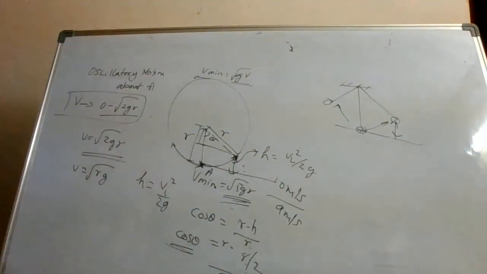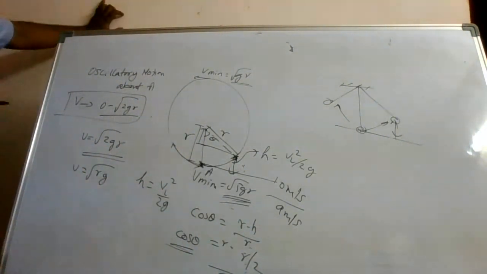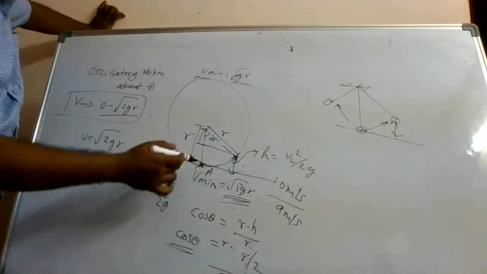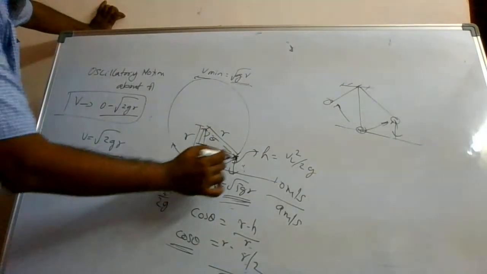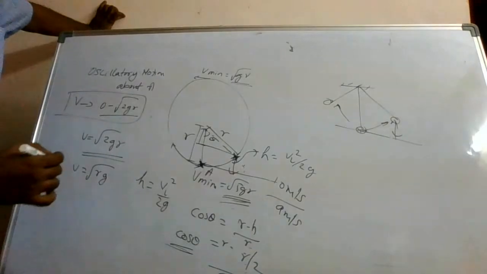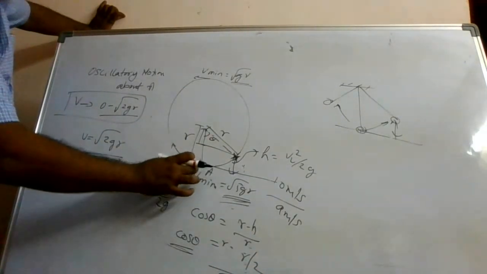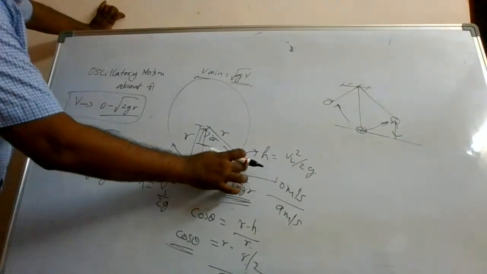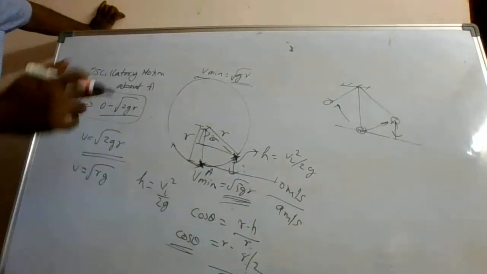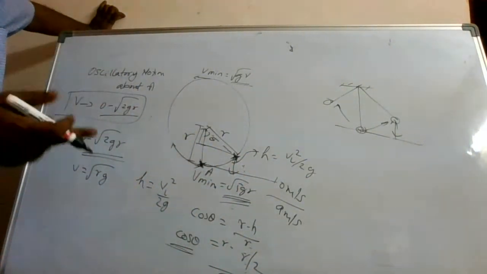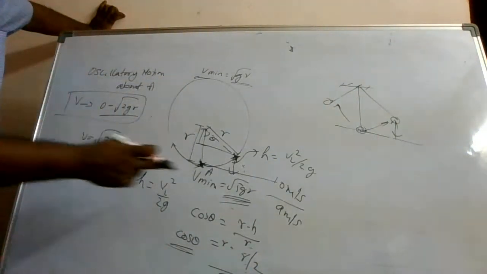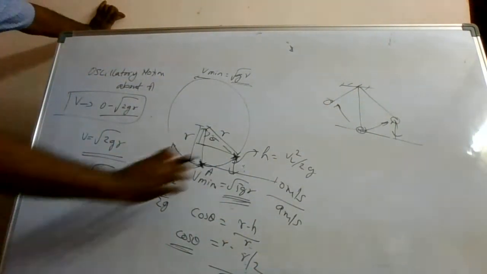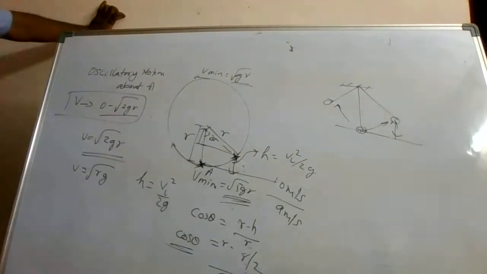See, for calculating theta, what we are basically trying to do is, we are basically applying the conservation of energy concept between this point and this point. Alright. So at this point there is no potential energy, there is only kinetic energy. You can find the velocity here using, as I told in the previous class also, the concept of conservation of energy, and you can find the velocity at this point. That is one way.